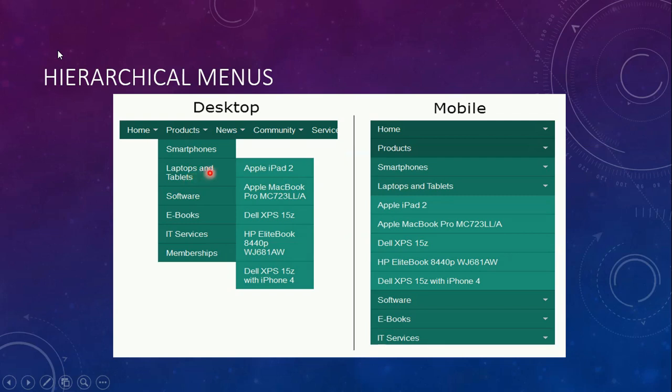So suppose you are at level 0, and next is level 1. Again, suppose if you click on Apple iPad 2, it shows one more menu list. Then you are at a different level. So there is level 0, level 1, level 2. So you are going in depth. That's called depth of choice levels.